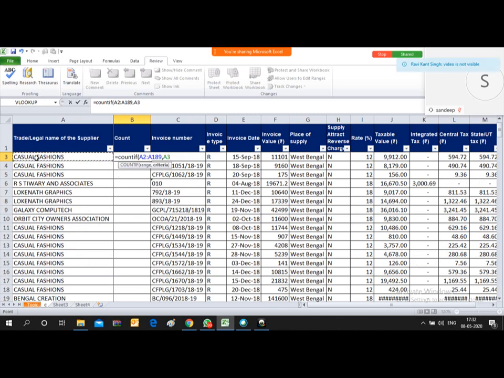I will select this casual fashion cell where it is mentioned, and then close the bracket and press enter. Now it will show 64 times. 64 times this casual fashion is appearing.